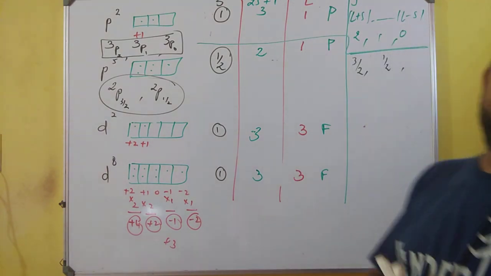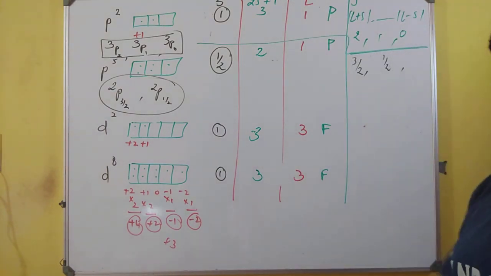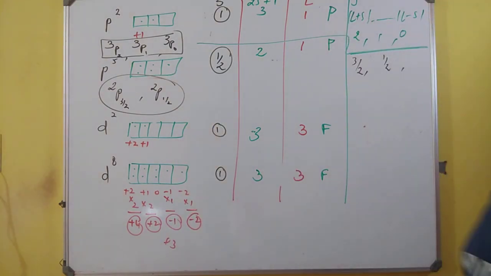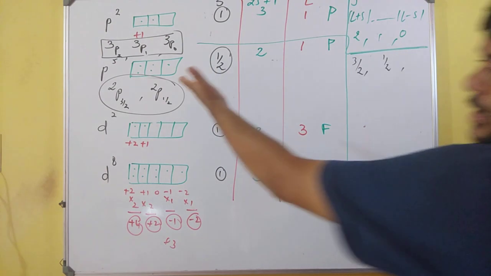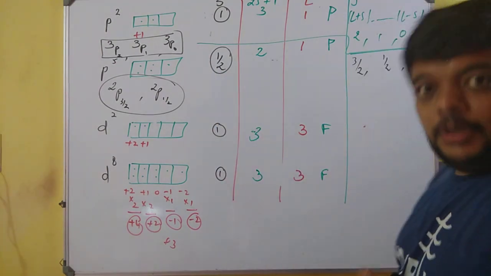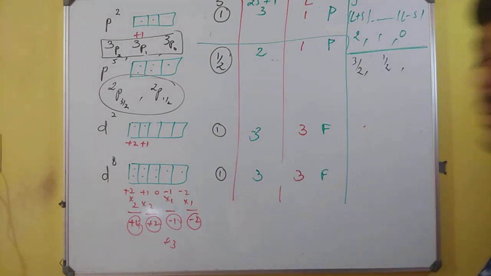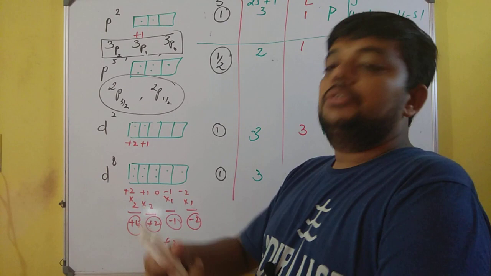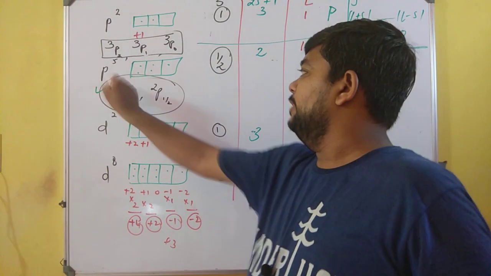We are not at all going for ground state, but you must remember, if in this type of question you are asked the ground state possibilities, as the electrons filled in the suborbit are more than half, you will always go with the L plus S situation, and L plus S situation will result into 3 by 2. So keep such a thing in mind.